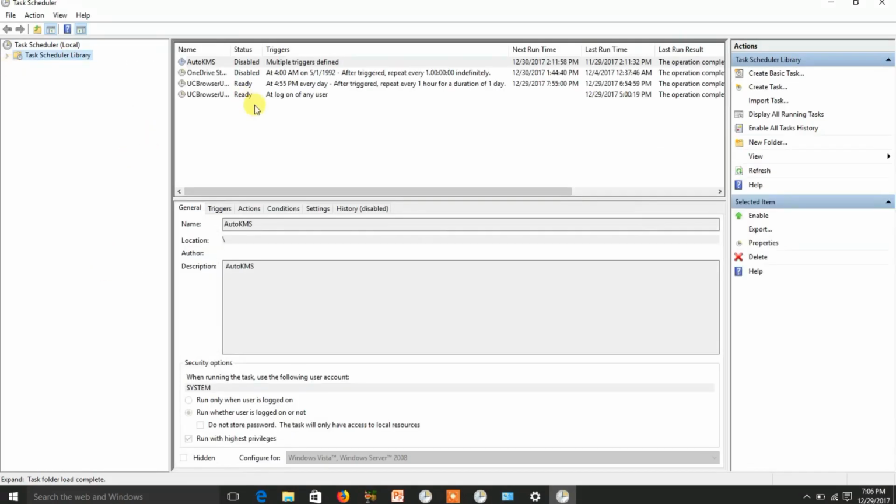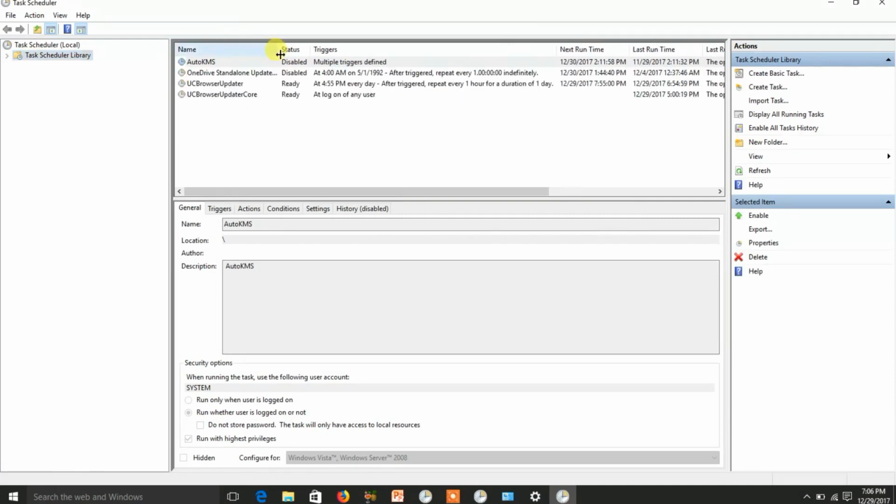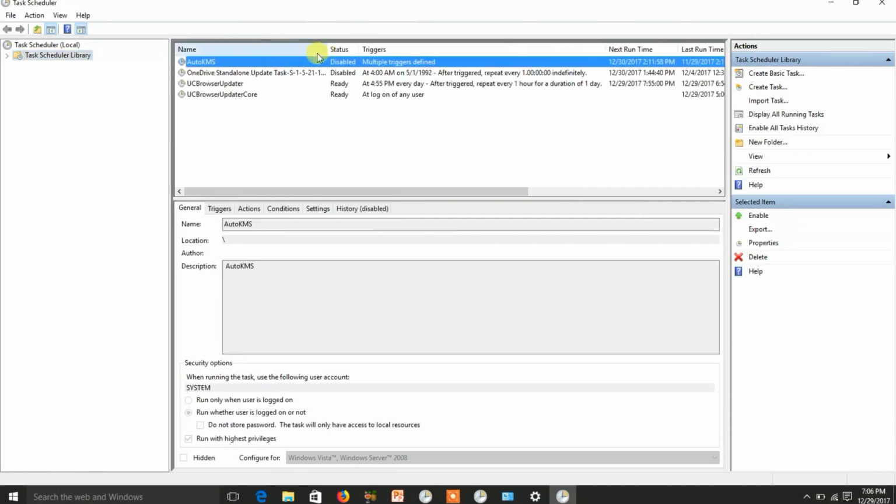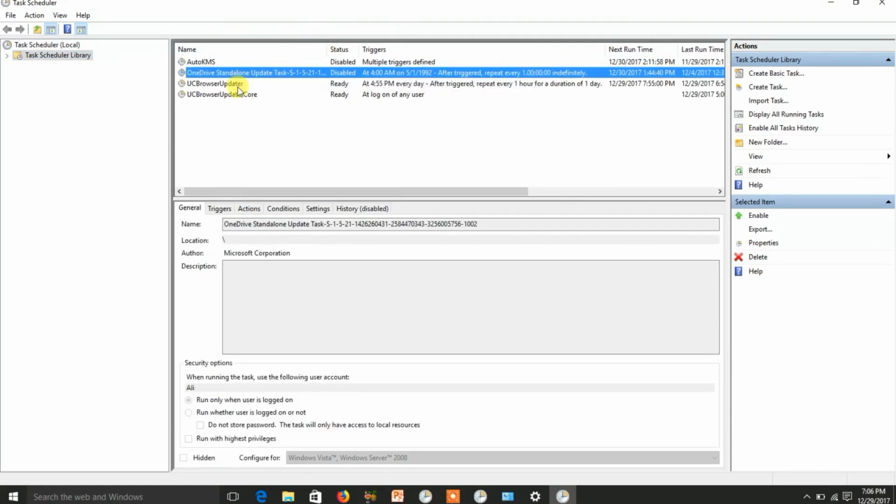Okay, here you go. These are the software and these are the activities. These are the schedules of them. Simply, now you can see it updates.